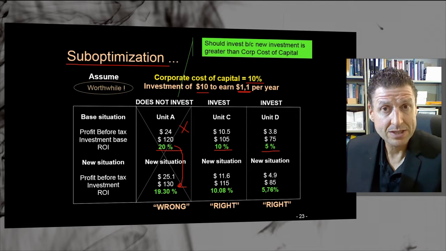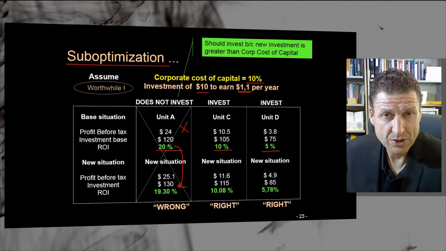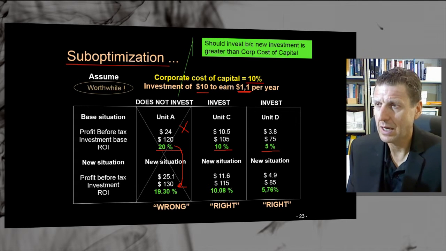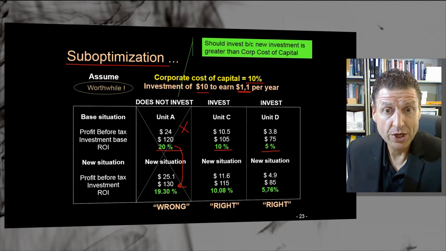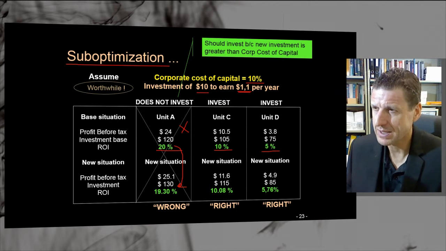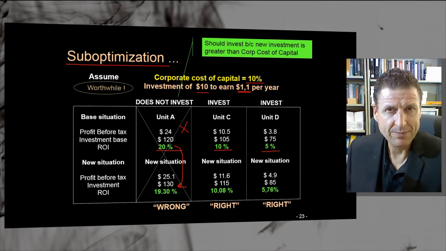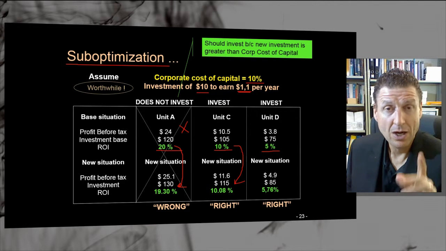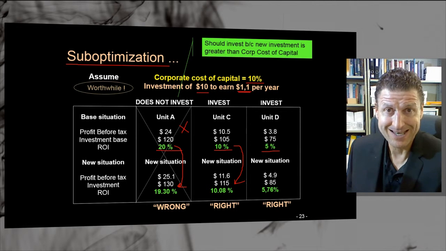What about Unit C and D? Mr. Unit C, would you like to invest in this project? Unit C said, wow, what is the return? It's 11%. Well, we're currently earning 10%. Yes, let's do that because that will improve our 10% overall return on investment to 10.08%. Hey, I want anything that's above 10%. It's going to increase my bonus. Same, Unit D will go from 5% up to